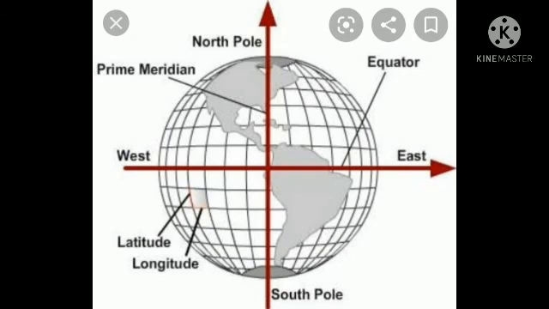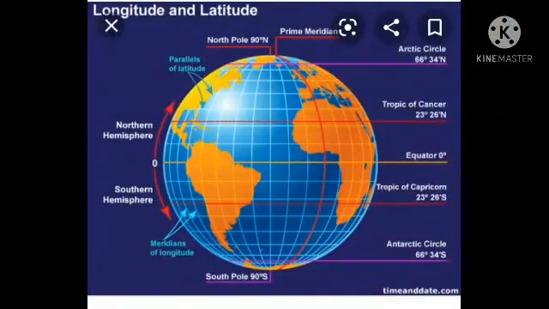Latitude divides the world into different climatic zones and longitude divides the world into different time zones. Therefore, with the help of the network of latitudes and longitudes, the position of all the places on the Earth,